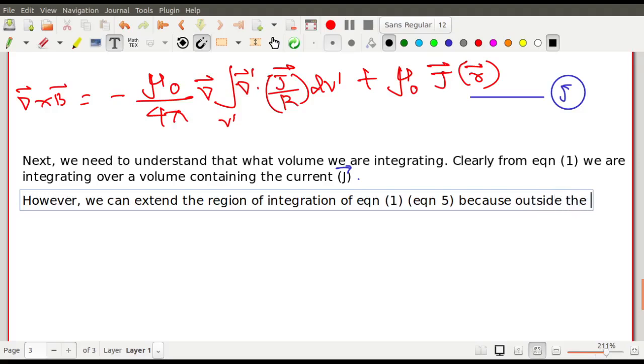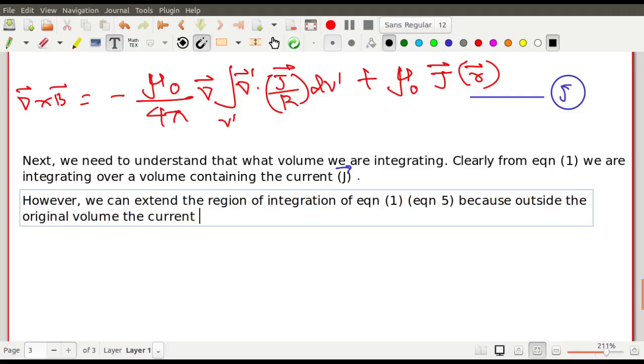outside the original volume, the current density is 0. Outside the original volume the current density is 0, and hence this extended integral contributes null, ঠিক আছে? মানে ম্যাথমেটিক্যালি তুমি যদি বাড়াও ইন্টিগ্রেশনের রেঞ্জটা, even if you increase the range of integration,